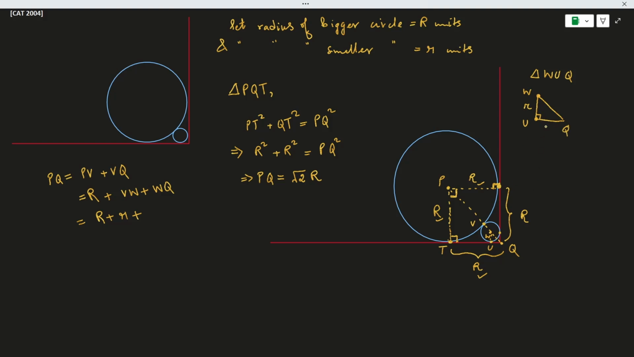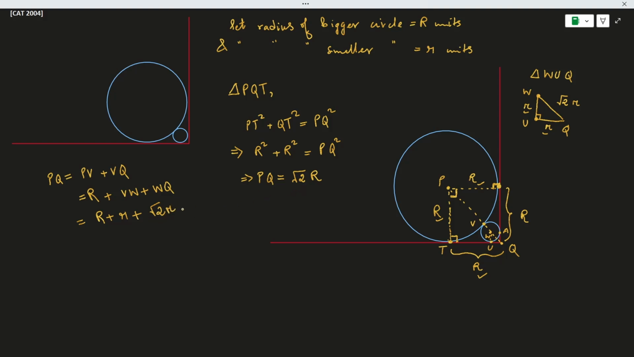Similarly, UQ will also be equal to smaller r. Why? Because they will form a square, right? This point, suppose let me name this as A. WUQA will form a square. Similar reasoning as I have mentioned for the bigger circle, right? Three angles are 90 degrees, so the fourth angle will be 90 degree, and adjacent sides are equal, so it's a square. So this is r, this is r, this will be similarly root 2 r. That means WQ is root 2 r,